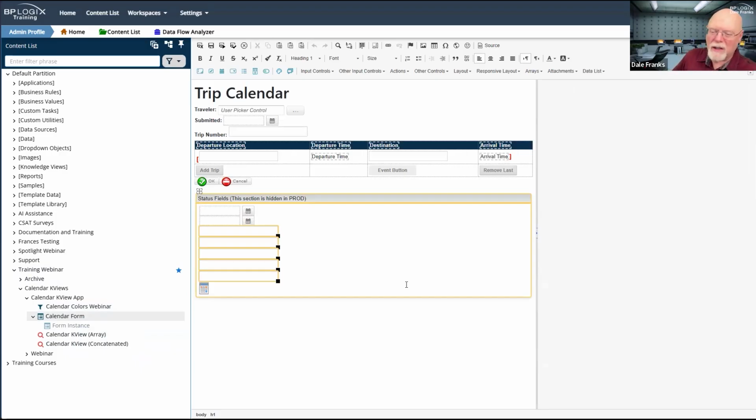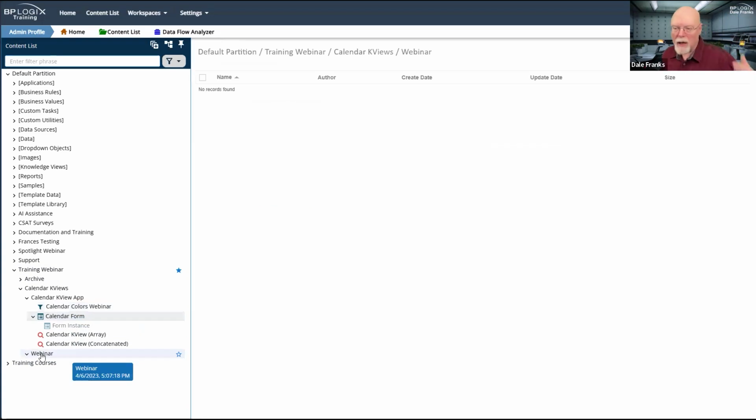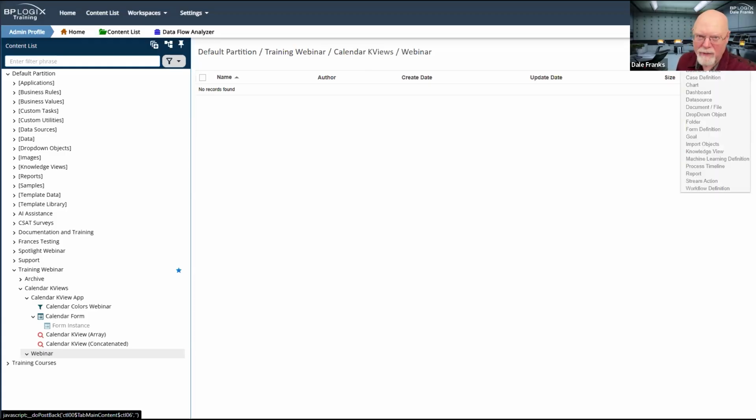I think just in the interests of time, we're going to go ahead and replicate this, but we will replicate it without using an array so we can actually show just how simple it is to set this up for a normal calendar knowledge view without having to go through the hoops of dealing with an array. So we should be able to do this pretty quickly.